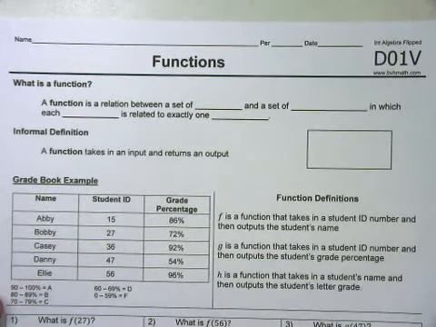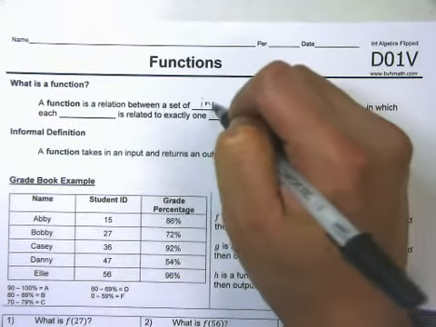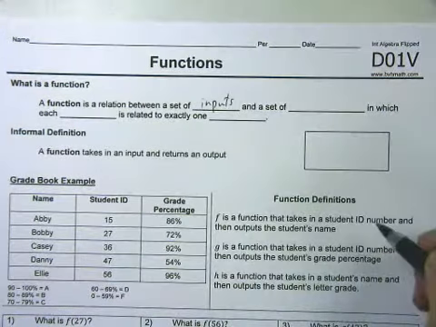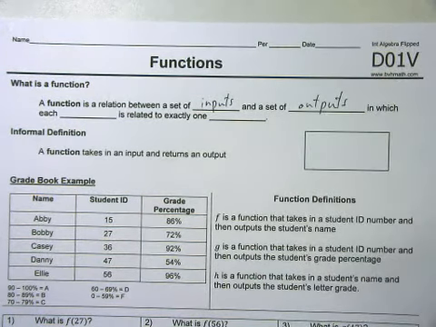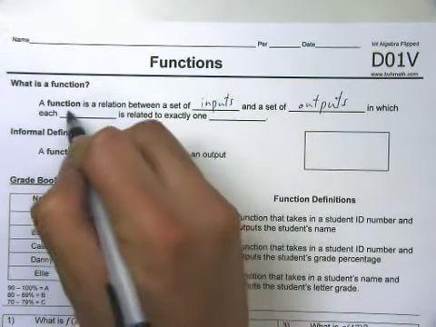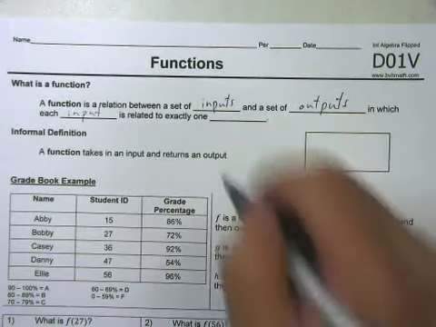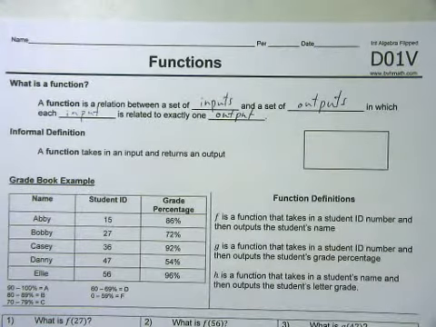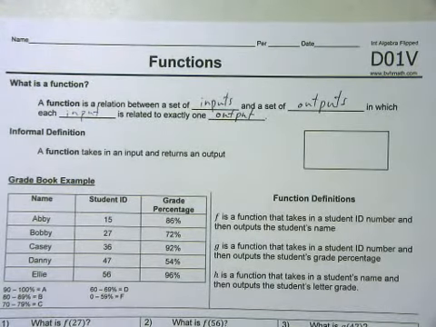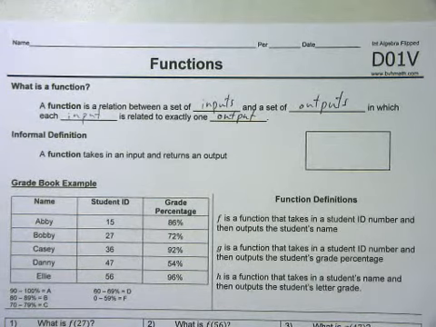A function is a relationship between a set of inputs and a set of outputs in which each input is related to exactly one output. Okay, so let me say that again. A function is a relationship between a set of inputs and a set of outputs in which each input is related